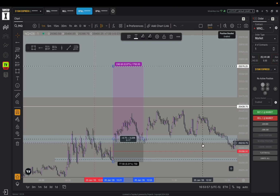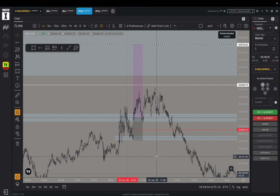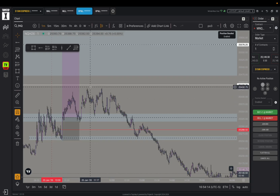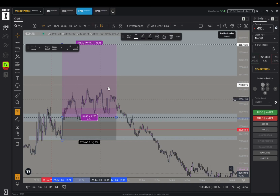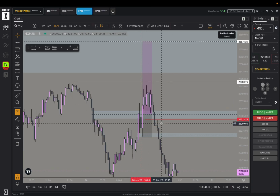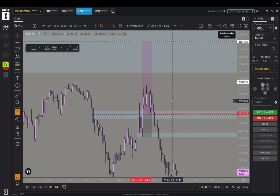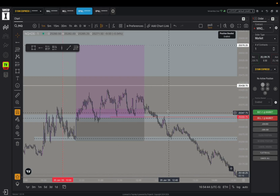and then it didn't play out, and it was chopping around for at least 2 hours right here. And when we were making the high here, I put my stop loss to around here, below this low because it was a 50-minute low, and I'm always following the 50-minute time frame. So my stop loss was right here. And after we made this low right here and made another high, I put my stop to break even. And as you can see right now, I got stopped out at break even, which was really, really unlucky because